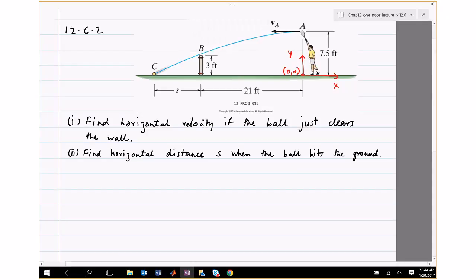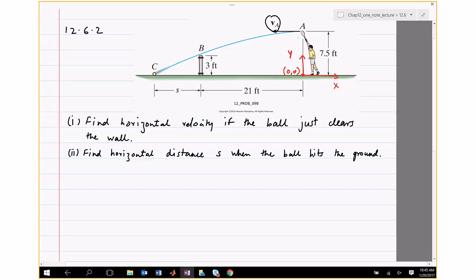Okay, so for this question, this is a tennis question. A ball is hit with a velocity VA, and this velocity is in the horizontal direction. The velocity VA is such that the ball just clears the net, or the wall, or whatever you'd like to say. You have to find the horizontal velocity VA